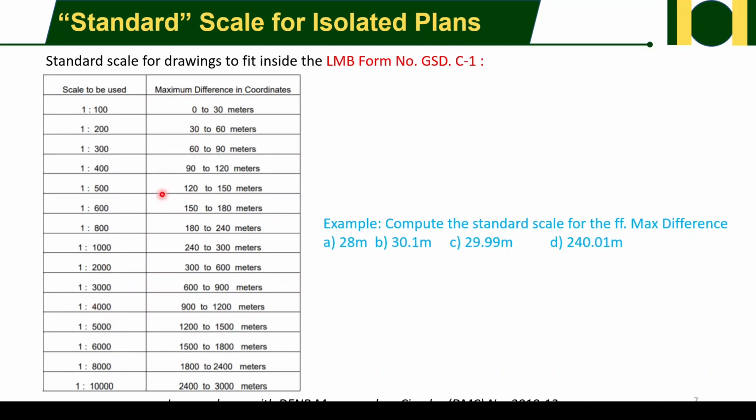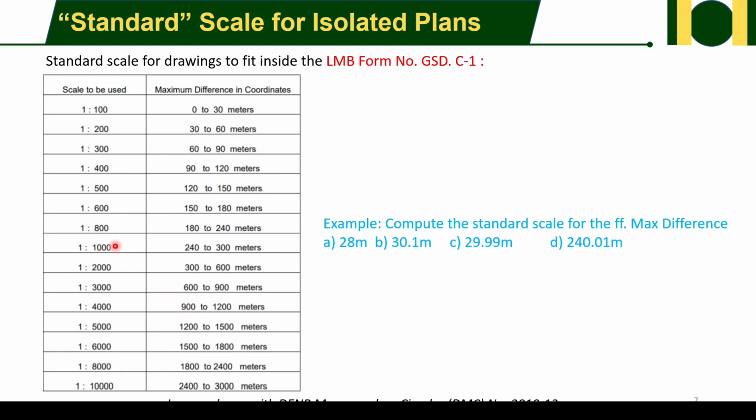These are the standard scales based on the DENR Memorandum Circular number 2010-13. We have 1 is to 100, 1 is to 200, 1 is to 300, 400, 500, 600, 800,